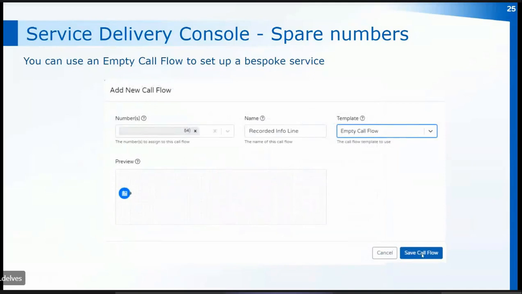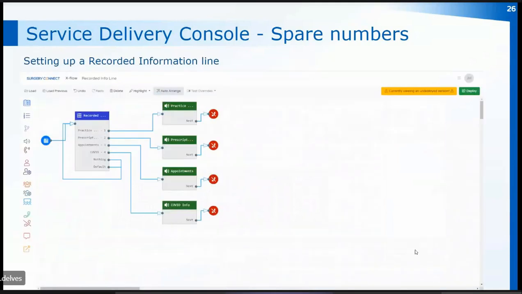When I save that call flow, it will take me into the Xflow and I can then build the call flow. All I've done here is drag over a menu and some prompts, and then set up the menu so that it gives out selections of practice information, prescriptions, appointments, and COVID information. I then have prompts for each one of those. If the patient doesn't select anything, it's going to repeat the menu for them. Each message tells them that